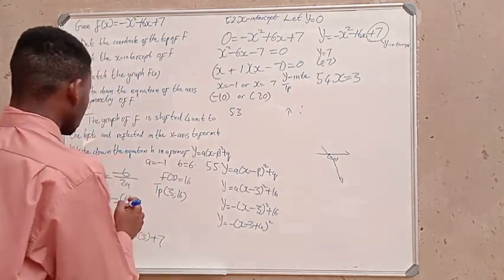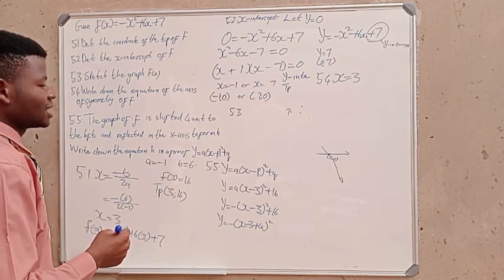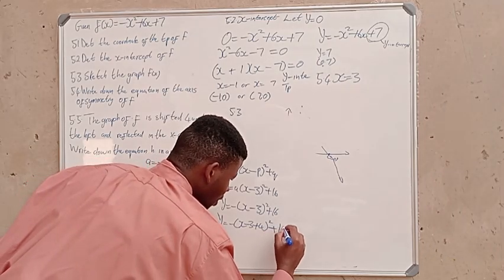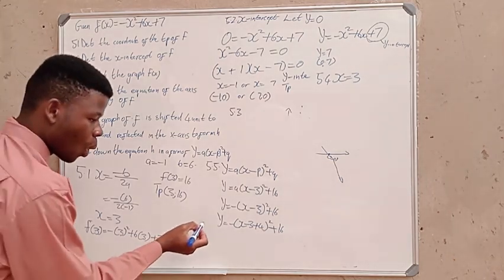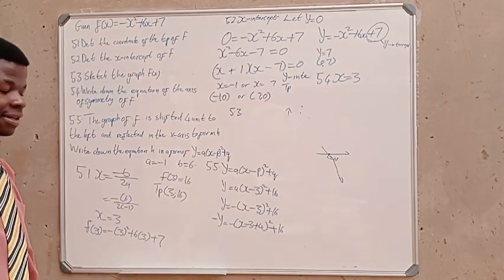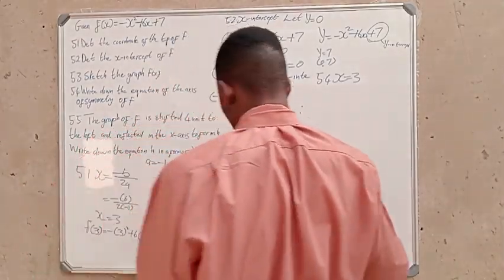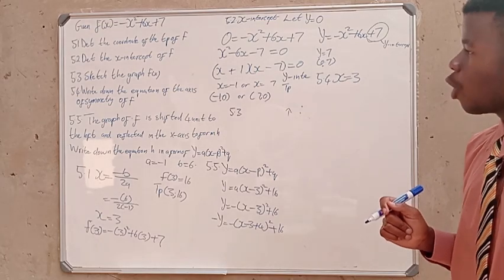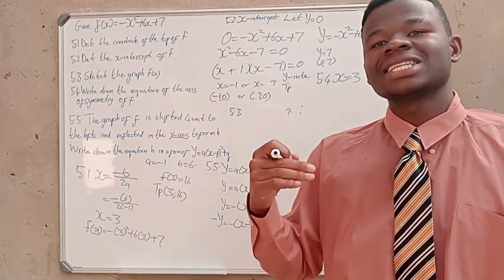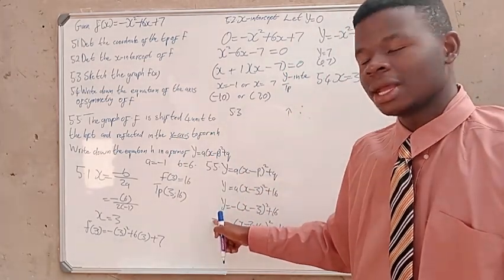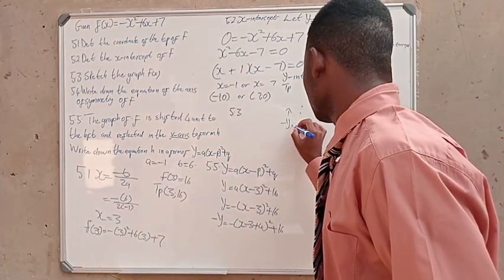And then it says shifted to the left and reflected in the x-axis. So if they say your graph is reflected in the x-axis, your y is going to be negative. Now let's try to simplify. I hope you heard me clearly here: when they say reflected in the x-axis, your y is going to be negative. So negative y is equal to